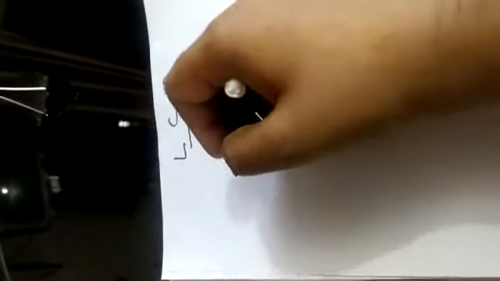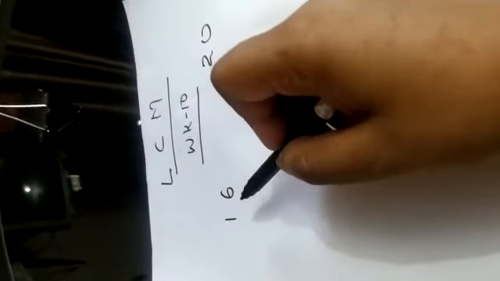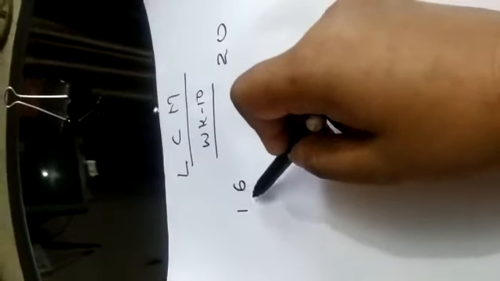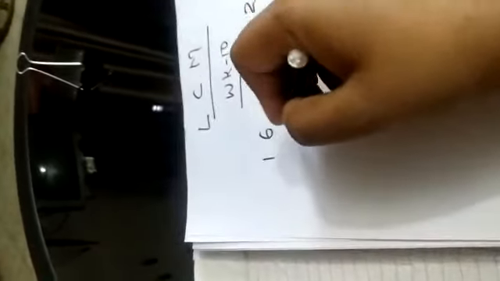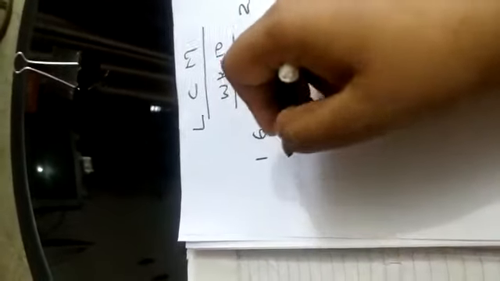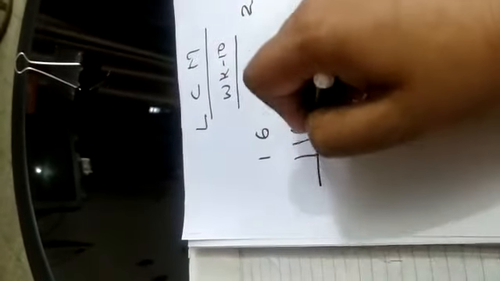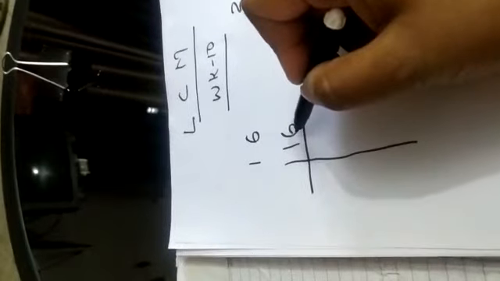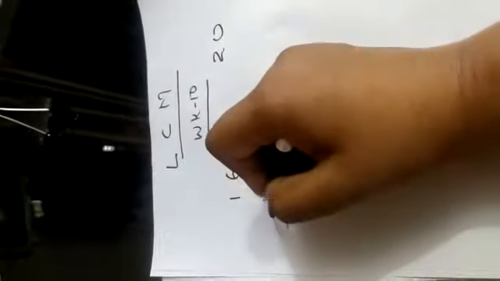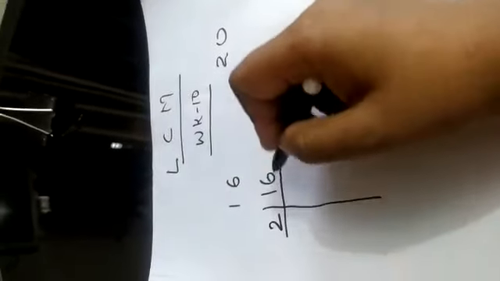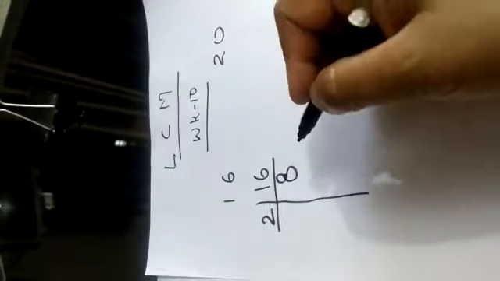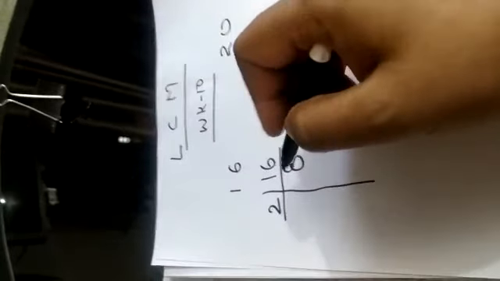Now let us take an example, two numbers 16 and 20. We will first find the prime factorization of 16 and 20 by the division method. So let's start with 16. 16 is a composite number, so we divide 16 by 2, the lowest prime number. After dividing, we get 8 as a quotient. Now we write 8 just below 16.